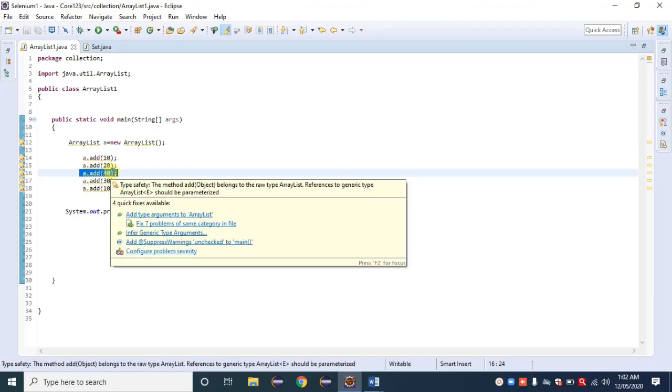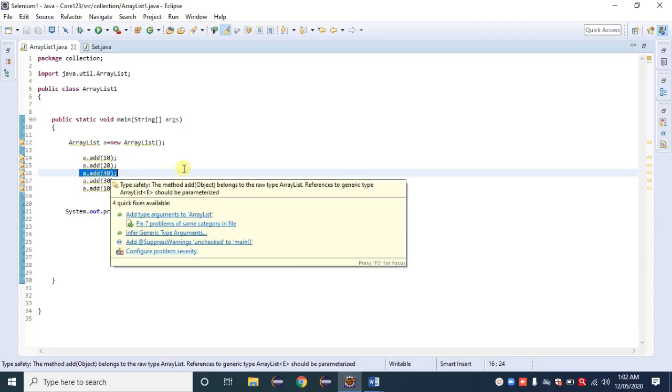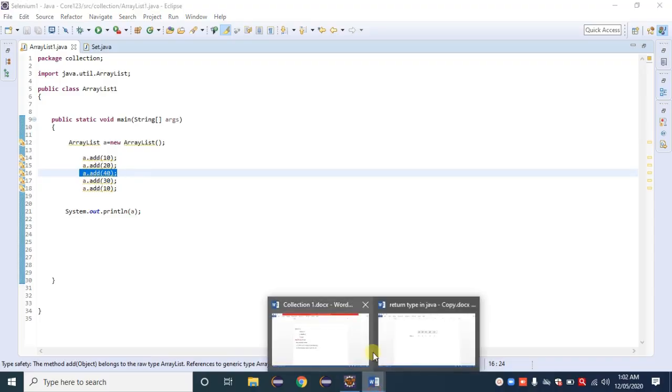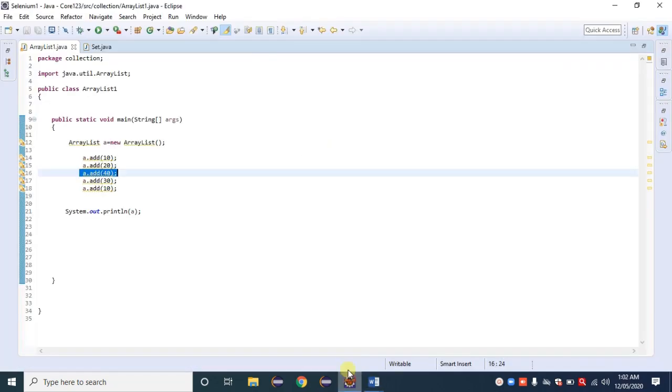Index always starts from 0. At the 0th place the value 10 is stored, at index 1 the value 20 is stored, at the second index the value 40 is stored. Observe here: index 0 for the first element, 1 for the second element, 2 for 40, that is the third element. By using that we can also call it.